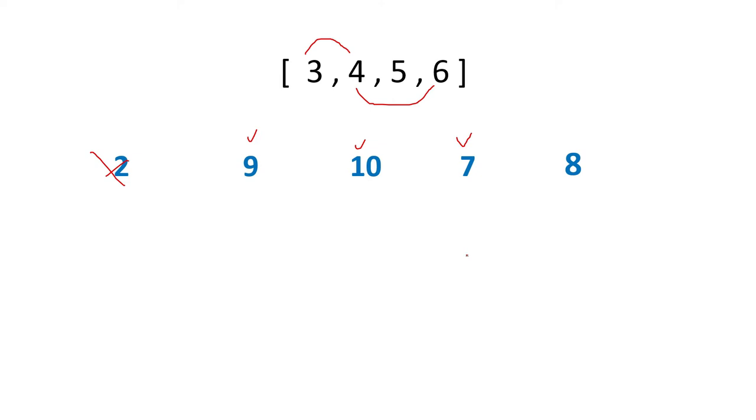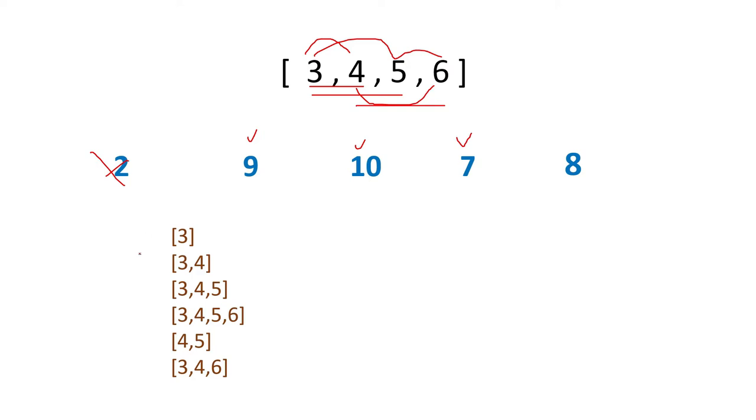One thing is there is a difference between subset and subarray. Subset means any random numbers you can pick from this array regardless of their index position. But subarray means it will be continuous. Meaning 3, 4 may be a subarray. 3, 4, 5 will be a subarray. 4, 5, 6 is a subarray. But 3, 5, 6 is not a subarray. That is a subset. So what we can do is we can get all the subsets possible from this array.